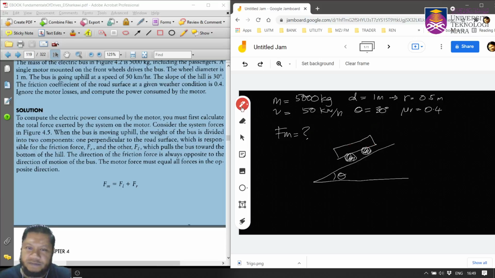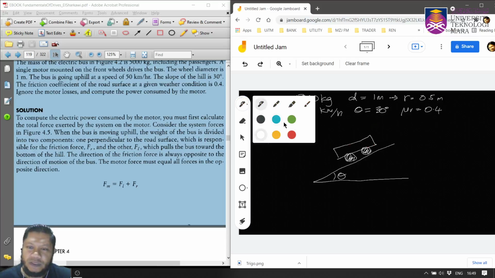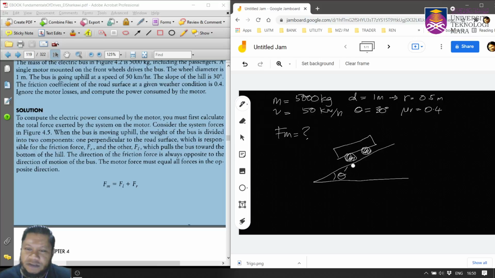Okay, so we have a force perpendicular to the road. Consider the weight of the bus divided into components, one perpendicular to the road surface. So this is the road surface, right? So there is a force which is coming down here, and there is another one which is responsible for